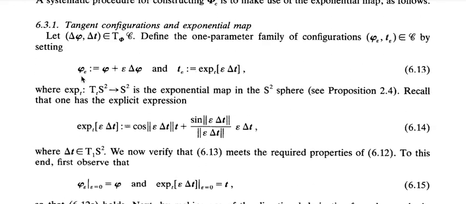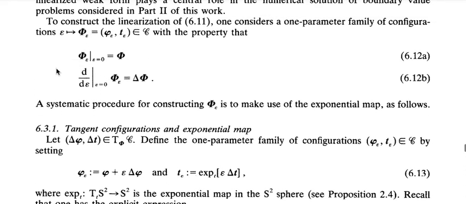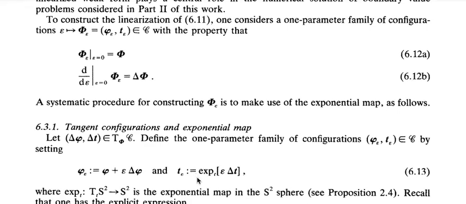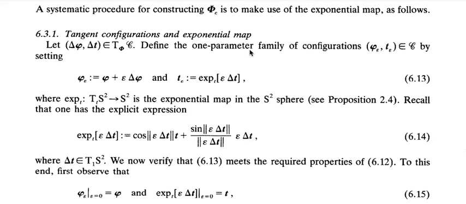Now let us look at the shell configuration itself. The parameterized phi map and t map can be written as this. T we have written using the exponential map, and in order for these to be valid parameterized expressions, they should follow this relationship. So at epsilon equal to 0, this should be 0. We can see directly here, if we put epsilon equal to 0, we get the original configuration. Similarly, if we put epsilon equal to 0 over here, then this whole thing becomes 0 and we get t back. Or you can look into the detailed expression here.